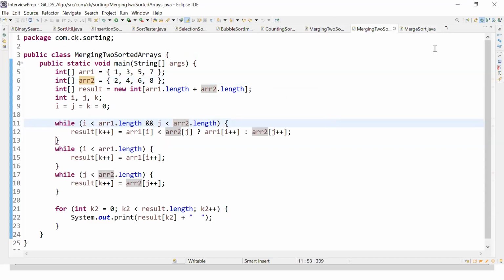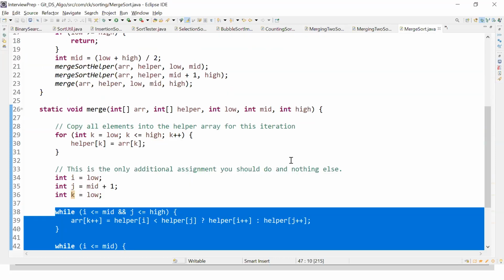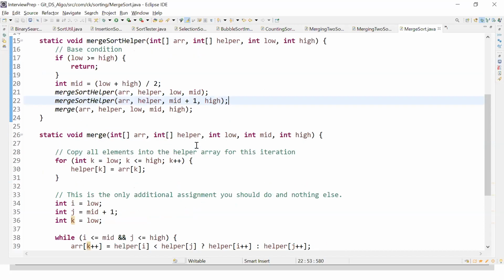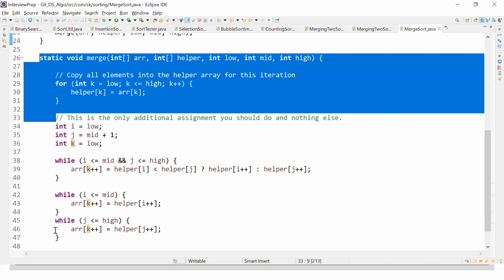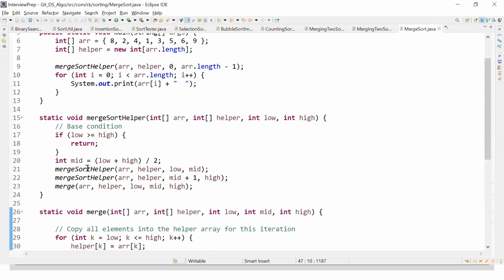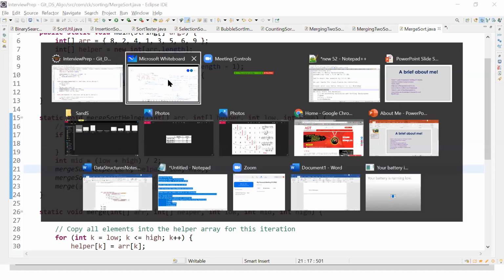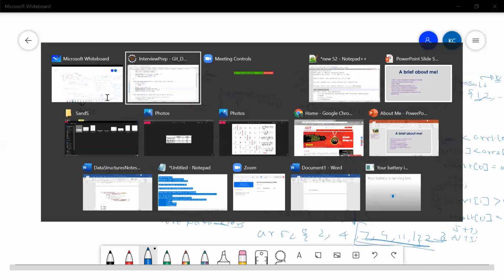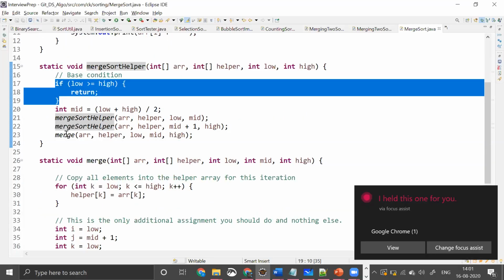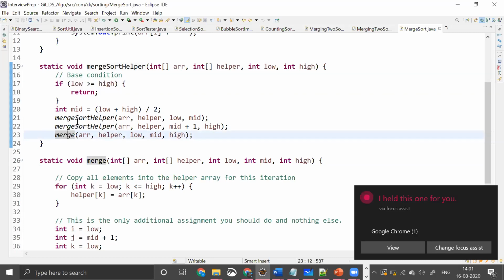So what I wanted to actually explain over here is that there is nothing hard in this to understand. The only hard part is understanding the recursive calls. After that, I already explained to you how we merge two sorted arrays, right? So what is merge two sorted arrays doing, guys? We are trying to call this recursively, which means dividing it, until the point where this condition comes. After this condition comes, we are trying to merge the divided arrays.